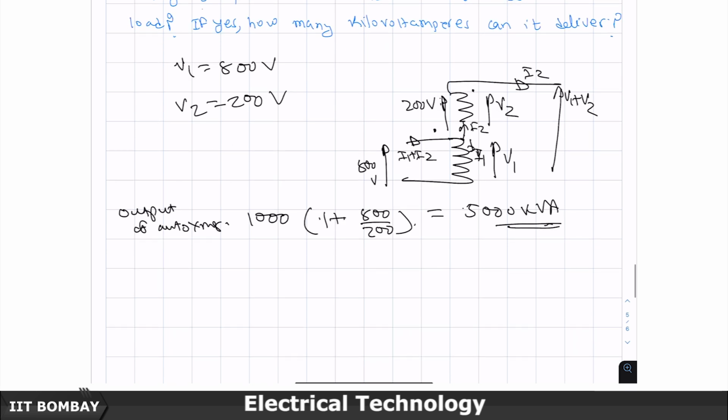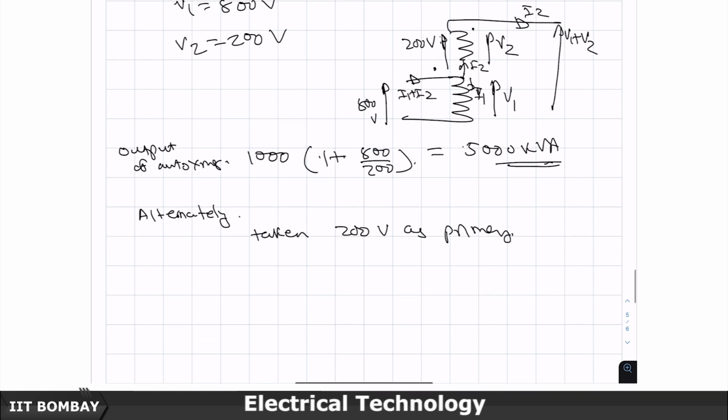So, therefore, alternately, just for fun, if you had taken 200 volt as primary, that means you had stacked like this, this is the 200 volt and on this I had stacked the 800 volts